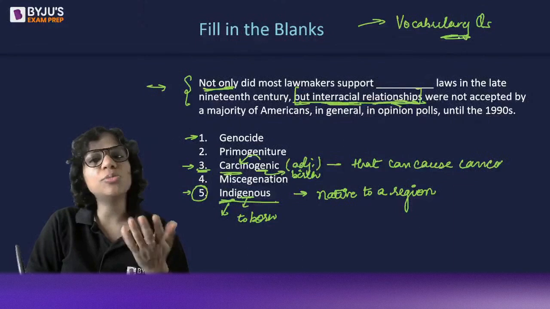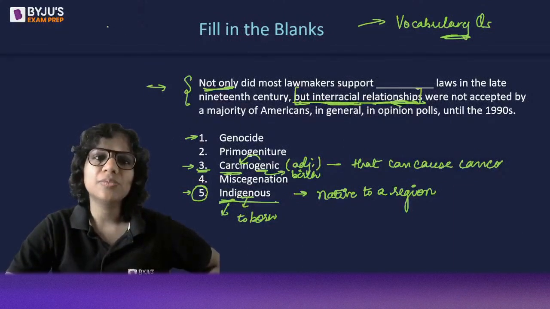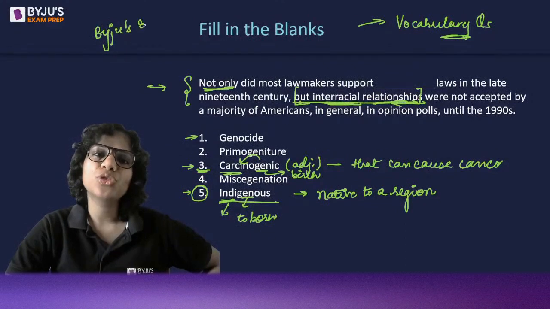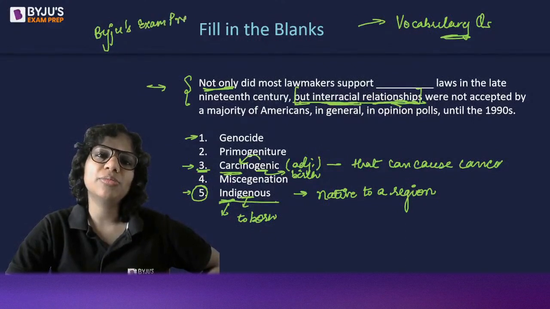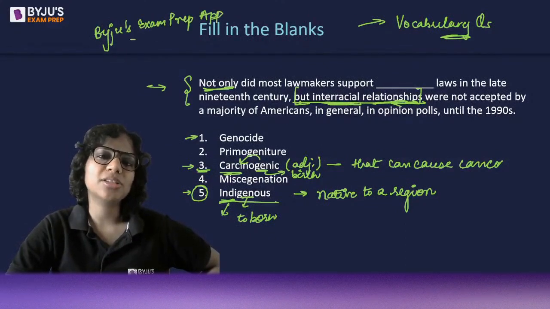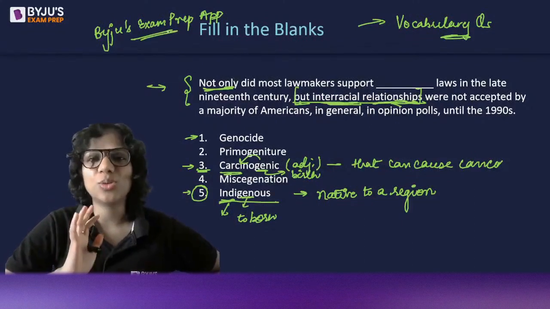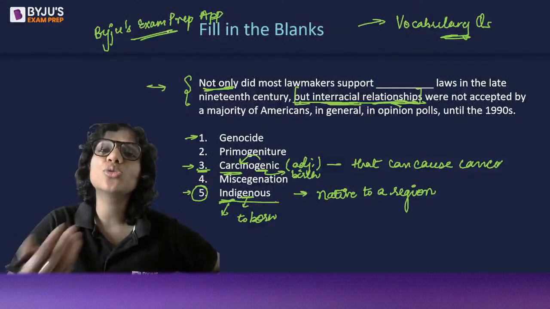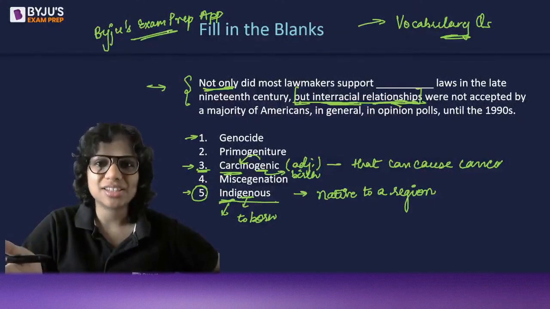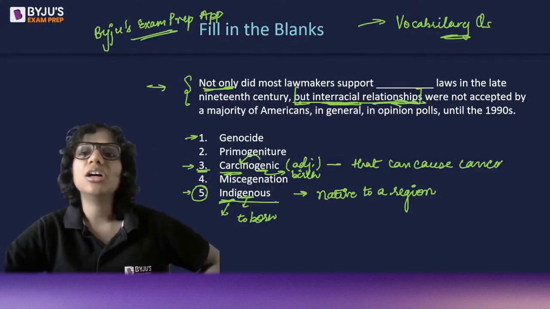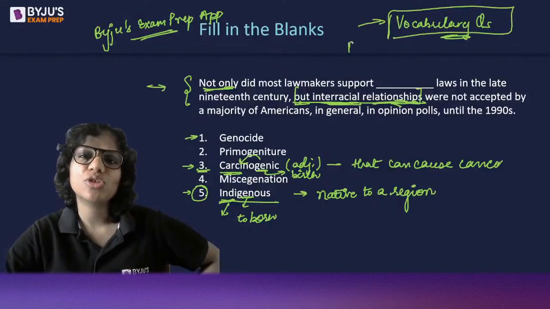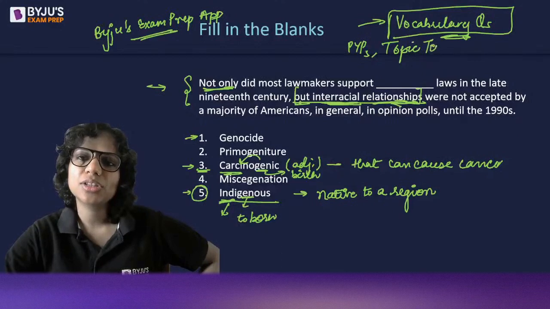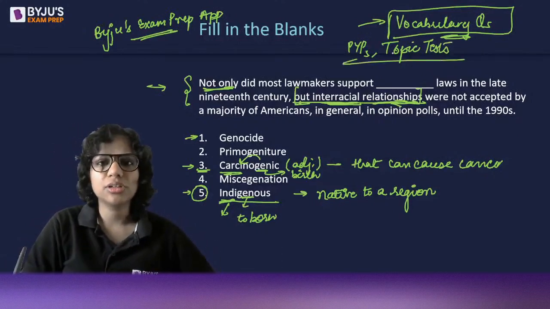So students come to me after taking vocabulary topic tests. There are some free tests on our app also, BYJU'S exam prep app. They come to me after taking the test and tell me, ma'am, the moderate to difficult ones are not coming out right for us. That's absolutely fine. That's your learning time. You're learning new words through those quizzes, through those tests. So practice a lot of vocabulary questions from your previous year papers, from your topic tests. This is the least that all of us can do.